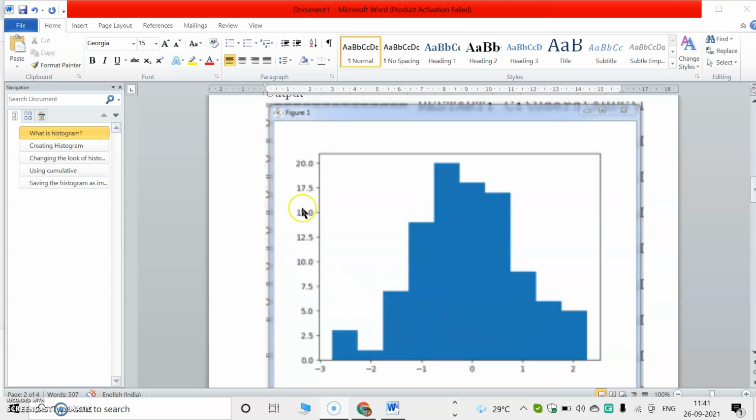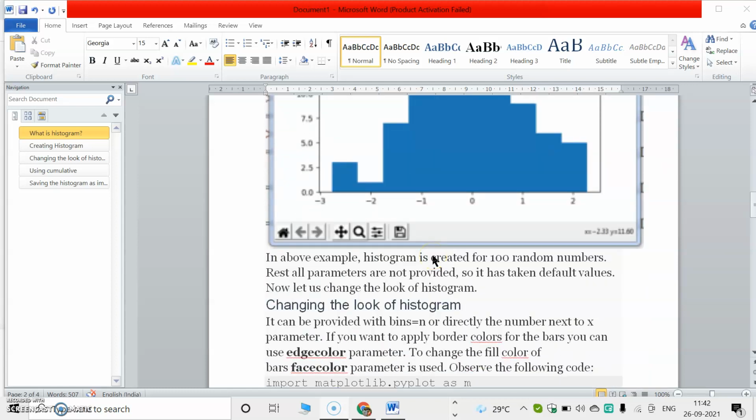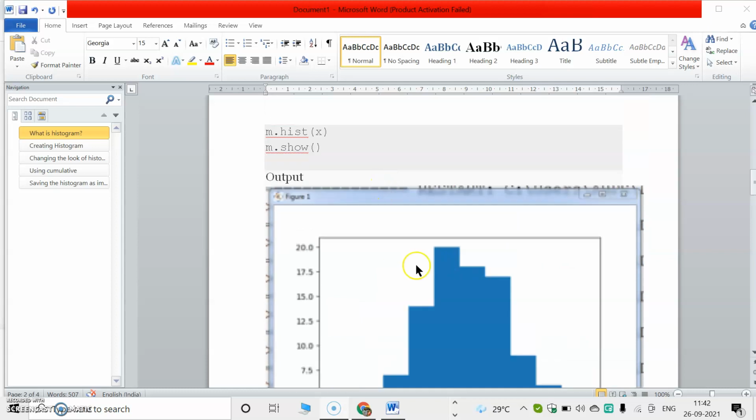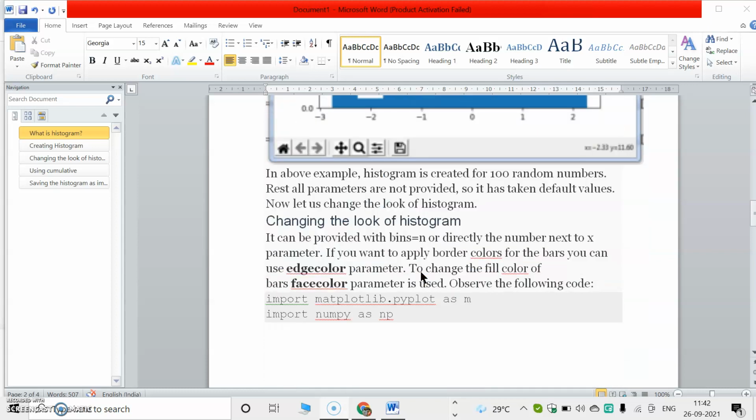So this is the histogram plotted. There is no space between the bars. The random generator will generate numbers randomly, up to 100 numbers here. Up to 20 bins they plotted.